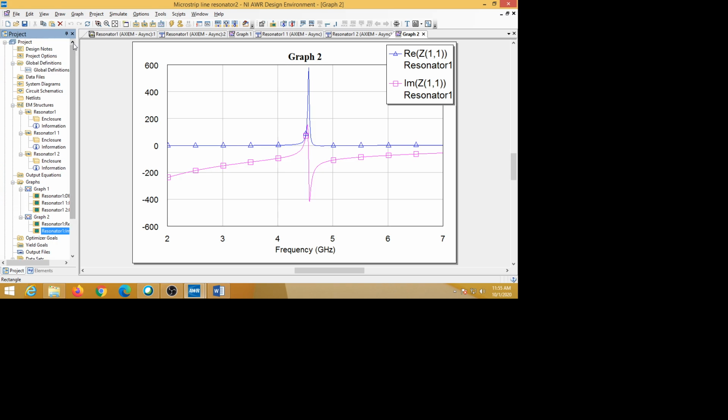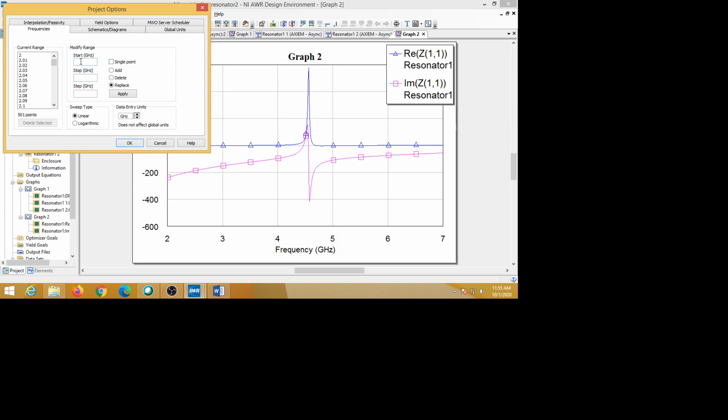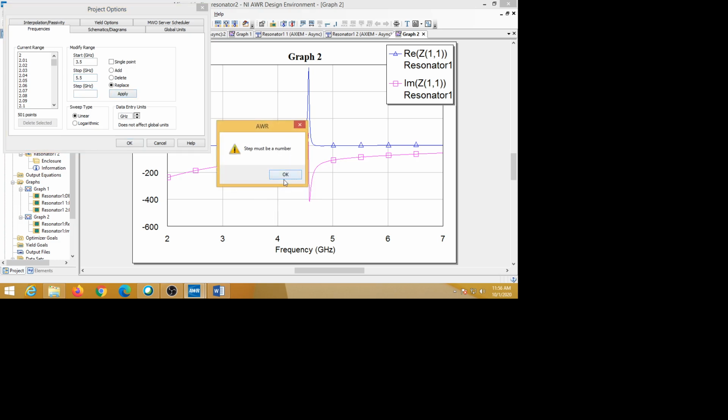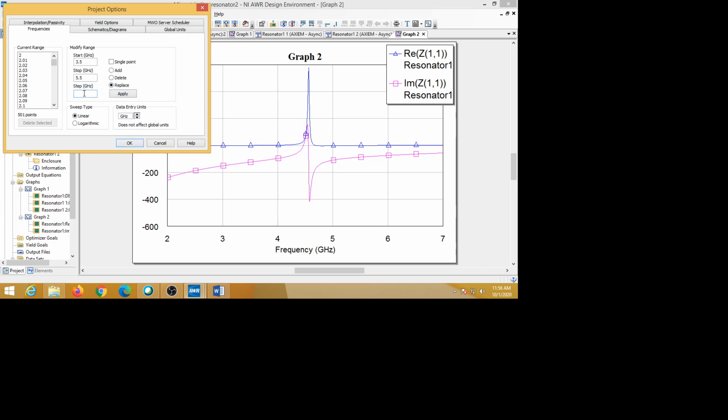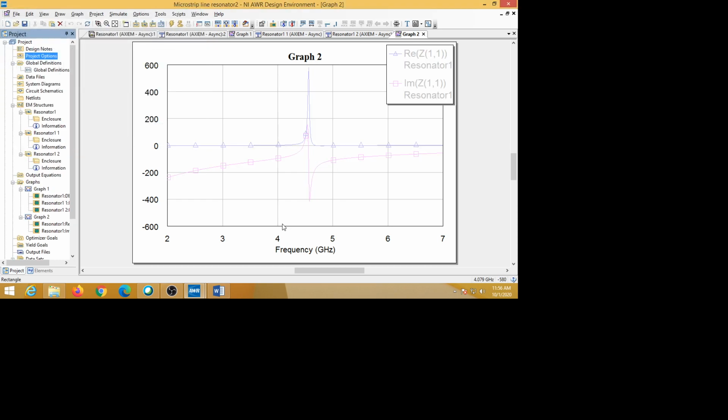Go to project options, change the frequency, starting frequency 3.5 gigahertz, stop 5.5 gigahertz, apply. The step of 0.01, I did not give this, so it's showing apply. Okay, so 3.5 to 5.5 is there. Now I do the simulation again.